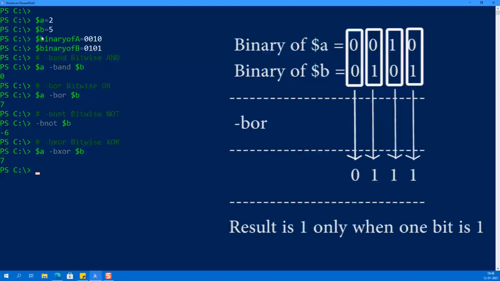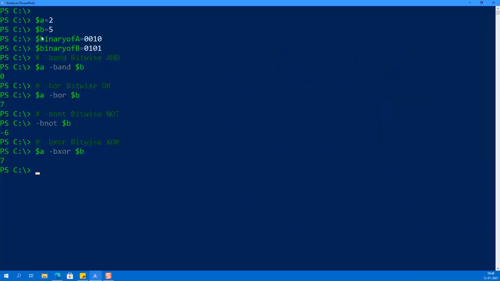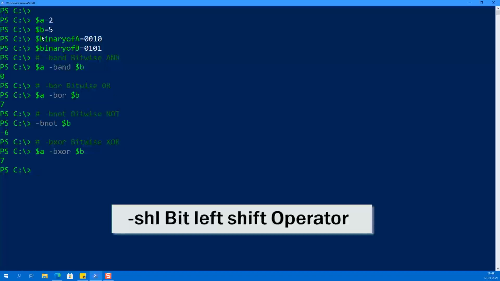So the resultant will be 0111, and if you convert that binary number to a decimal value, it will become 7.